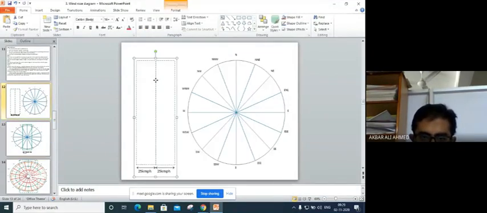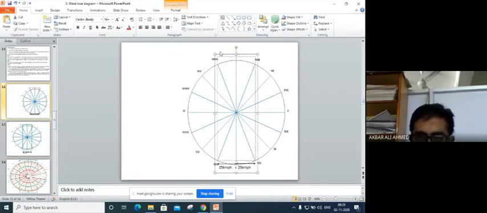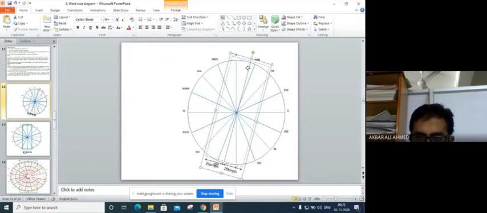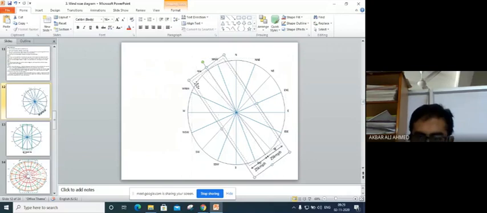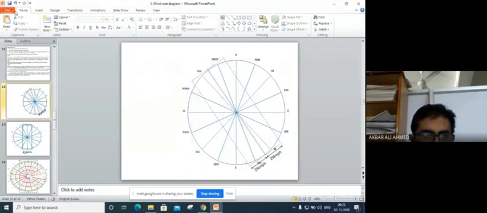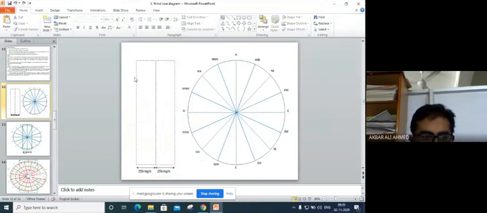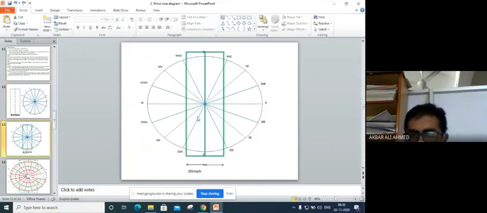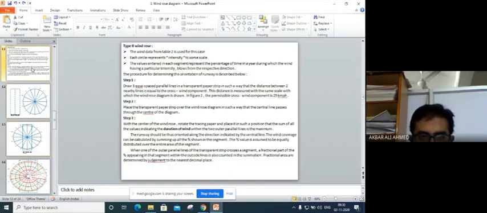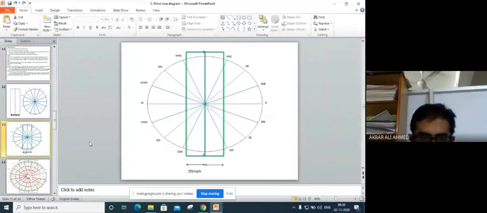It can be in any rotation. That means if I bring this one here, I should be able to rotate it in every direction, but the center should not change. It can be like this also, this also is correct, and like this also is correct. That is what I meant when I said it should overlap with the center of the circle. We have finished step 2: place the transparent strip over the wind diagram in such a way that the central line passes through the center of the diagram.